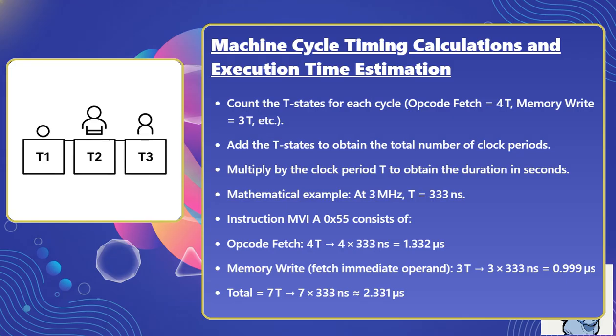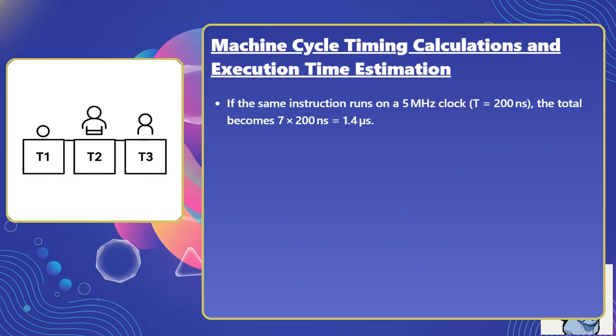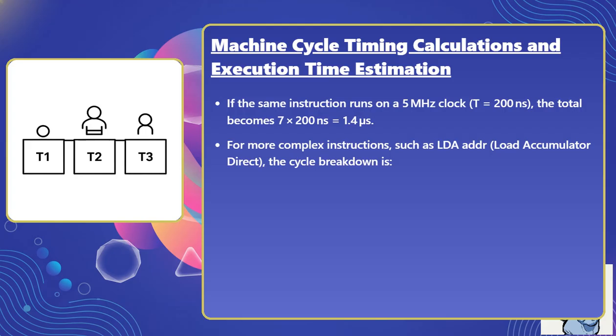Total equals 7T equals 7 times 333 nanoseconds, approximately 2.331 microseconds. If the same instruction runs on a 5 MHz clock, T equals 200 nanoseconds, the total becomes 7 times 200 nanoseconds equals 1.4 microseconds. For more complex instructions such as LDA, load accumulator direct, the cycle breakdown is